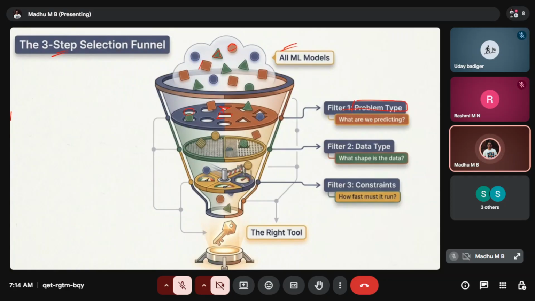Is it continuous data, or is it static data, or what exactly is the data in terms of the IoT devices? What kind of data structure? Is it a JSON format? Is it a Parquet format? The columnar format? This kind of information gathering is very much required in step 1. After that, in step 2, the data type.